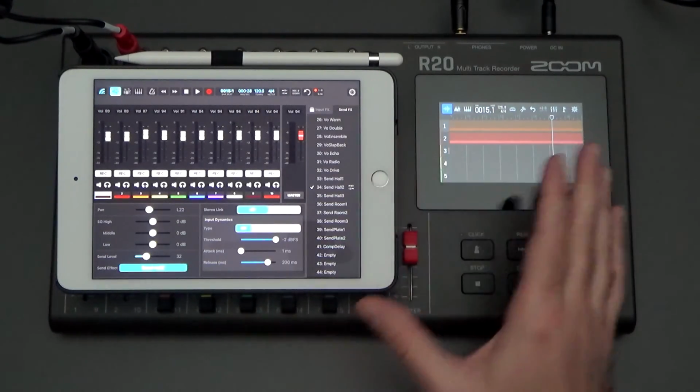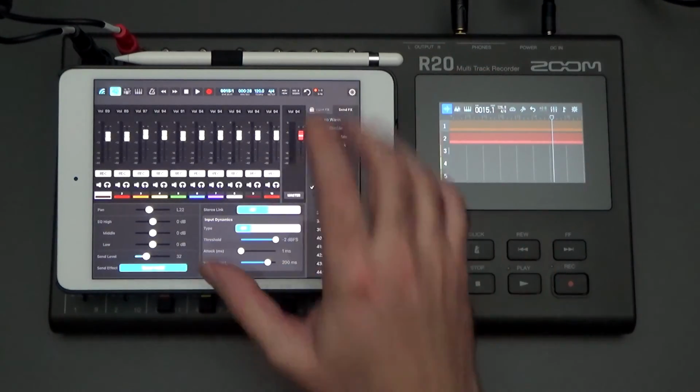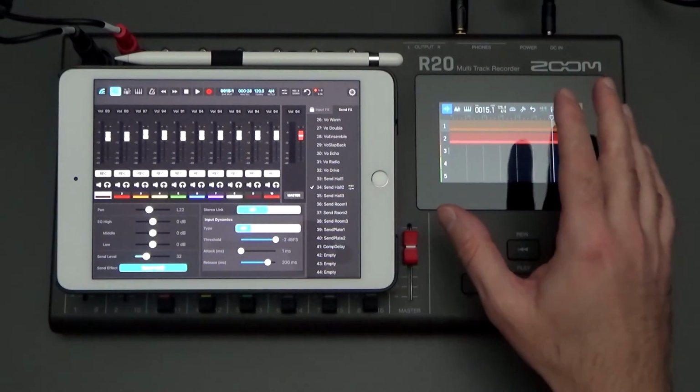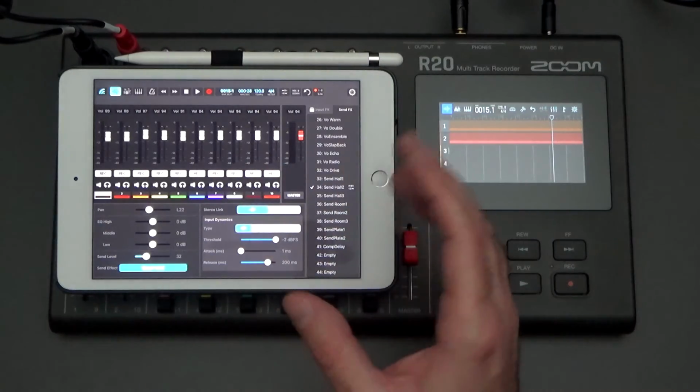Right now, do you need it? No, you do not need it. It's a bonus feature. It's a luxury. Everything that I was doing on here, you can absolutely do on the screen already on the device. You don't need this. But I could see the promise and the potential here, especially with the responsiveness of the